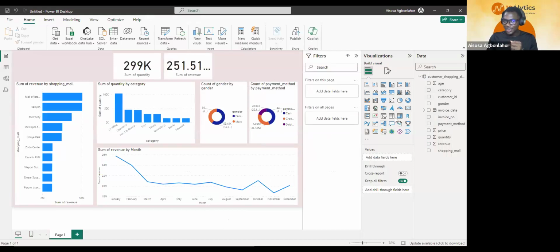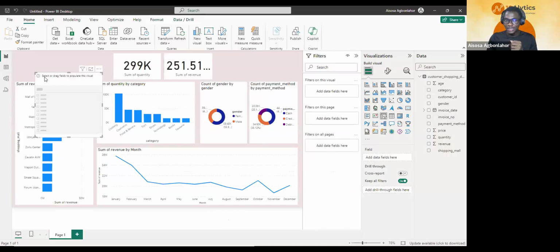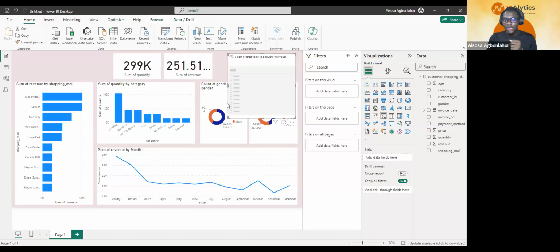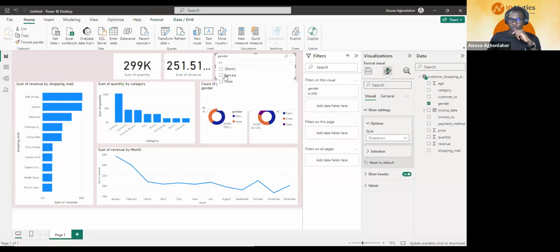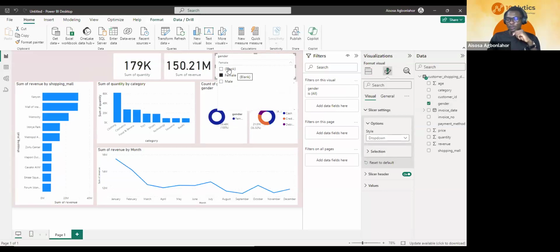So I'm going to insert my slicer. Over here, I have my slicer. I will click on that, and then I'll bring that to this point and drag gender to the field. Then I'll also change the slicer settings to drop down because that's what I want to work with. So I can go ahead to select male. I have a blank here. To take off the blank, I would need to go to Power Query and take this off. So we'll do this later if we have more time. But with this, I can click on female,